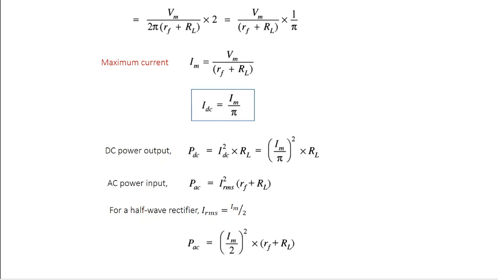Once you find out the current, now you can find out power. Power is nothing but I square into R. So the DC power output PDC is going to be the output current I square DC multiplied by, you are drawing the output across the load only, so I square DC multiplied by RL, or in terms of Im, this is Im by pi whole square multiplied by RL. And what is the AC power input? Once again,